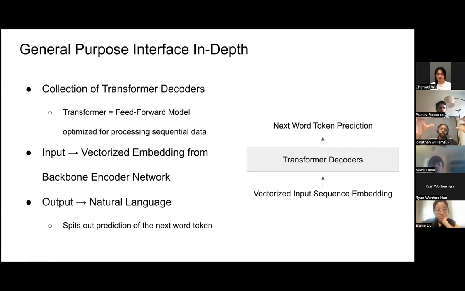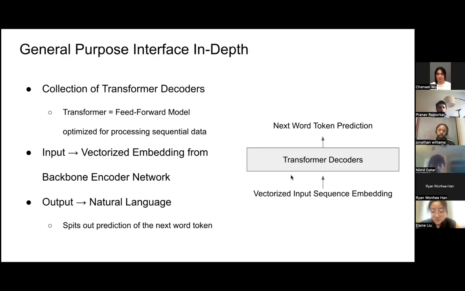We also have to talk about the top major component, which is the general purpose interface. So this component is a collection of transformer decoders. So a transformer is just a feed-forward model that's very optimized and very efficient for handling sequential data. So transformers are used for a lot of NLP tasks. They're also used for a lot of time series analysis as well. And the decoder